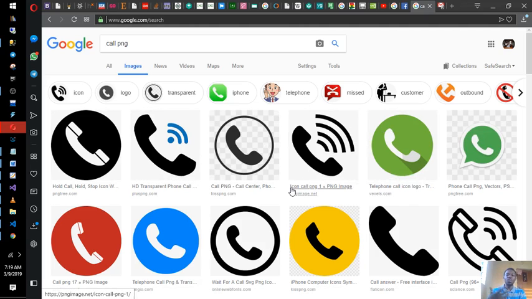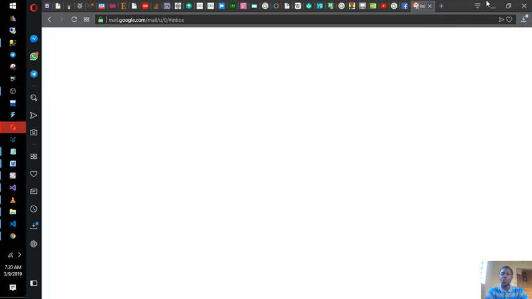This time Google is bringing the results based on images. How is it able to know this image is for Call, a logo for Call? It is the alt attribute you use. That is a third reason this is important. Two, if it can't find the image, it will display that message to the user. Screen readers make use of that alternative text. And then the third one is search engines use it to display when people search for images. So that is it. Now let's go to